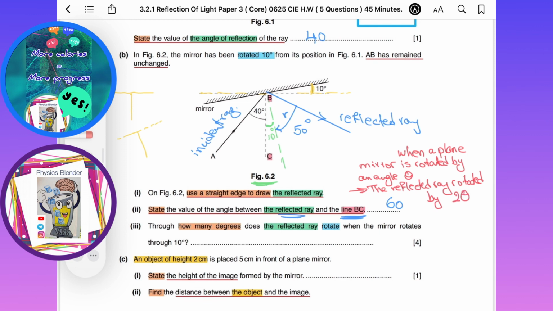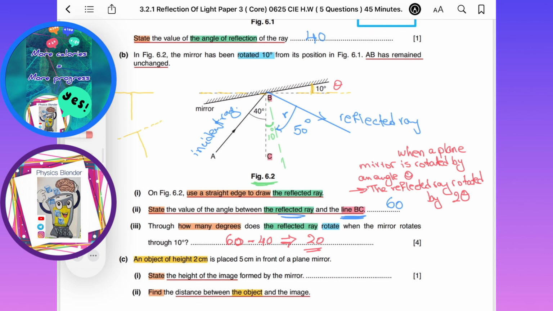It has a long proof, but now quickly we will check that the angle between the new reflected ray and BC was 60, and the old angle of reflection was 40. So now the difference is 20, which is double the angle of rotation. So this is theta, for example, it's 10, so the reflected ray will be rotated by an angle double theta,